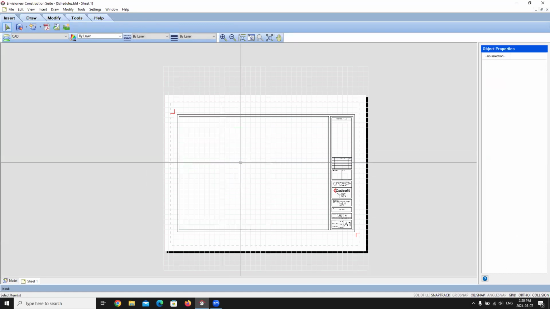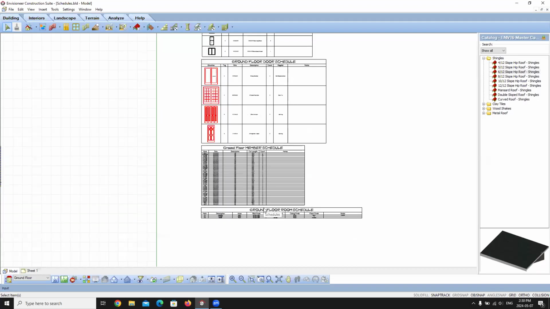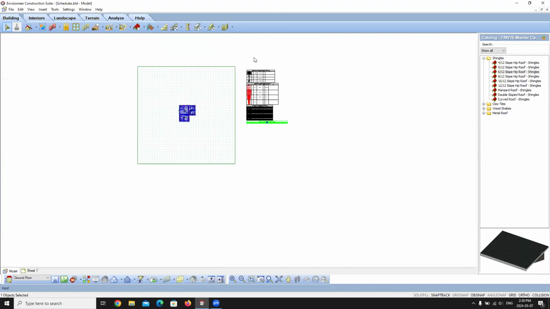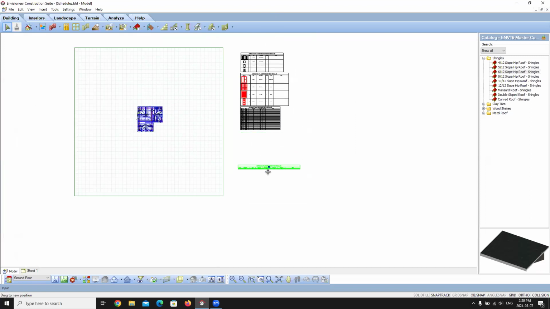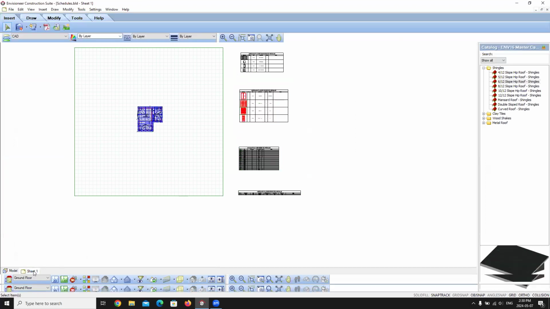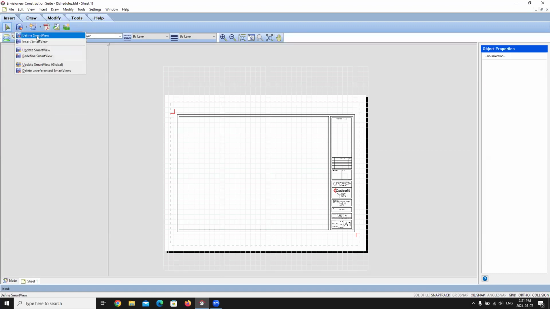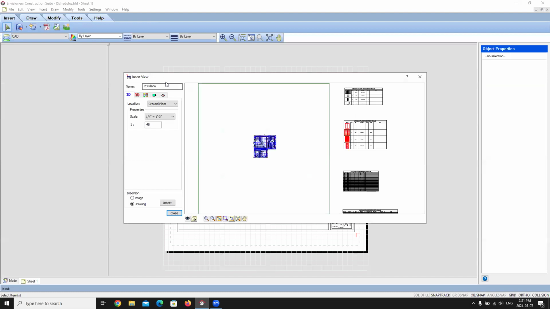So I'm going to delete that out, go back into my model view, and move these around. I like to space them out because this is the way I like to do it, but again, this is just the way I do it. You don't have to follow my lead. You can do whatever's going to work best for you. But I usually have mine spaced out and then I go into my worksheets and insert each one individually. So I'll define my smart view